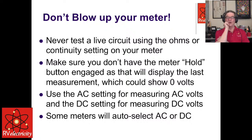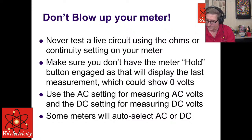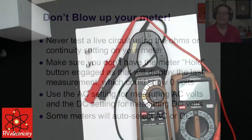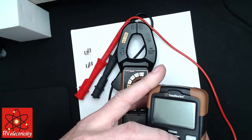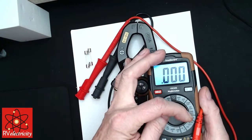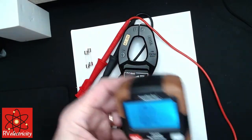Okay, so now, also don't blow up your meter. Let me show you over here once. Let me just ping over to my other side. Oh, I can just do it right down here. So what you don't want to do, here we go. There we go. What you don't want to do is turn this to continuity down here, and then